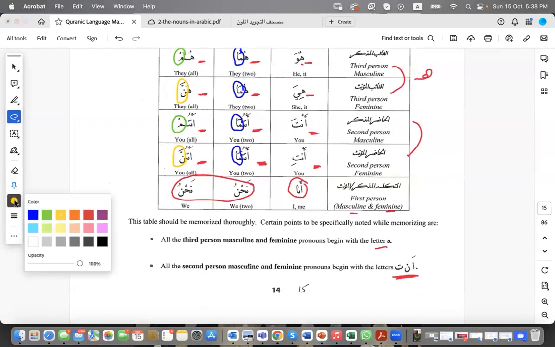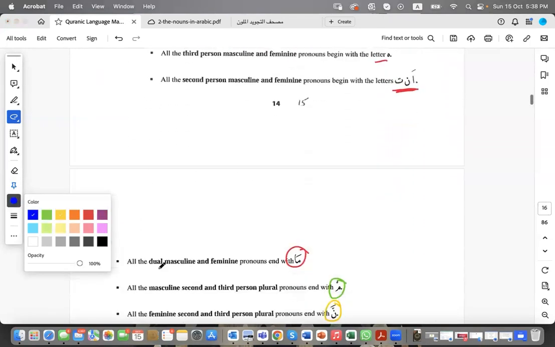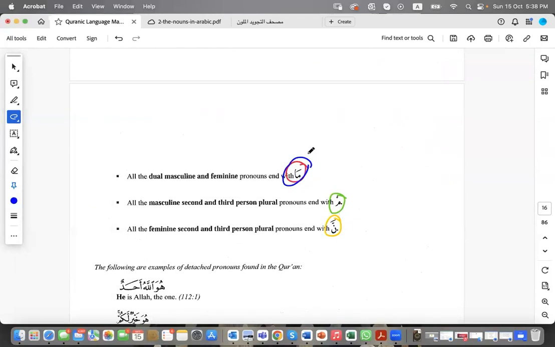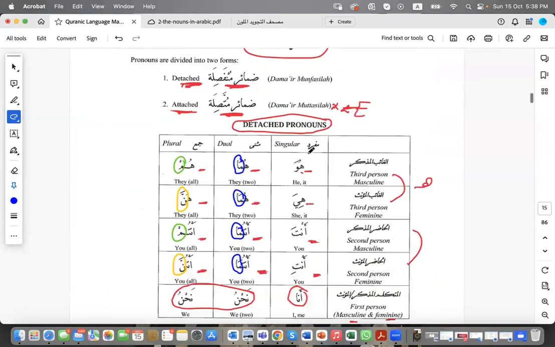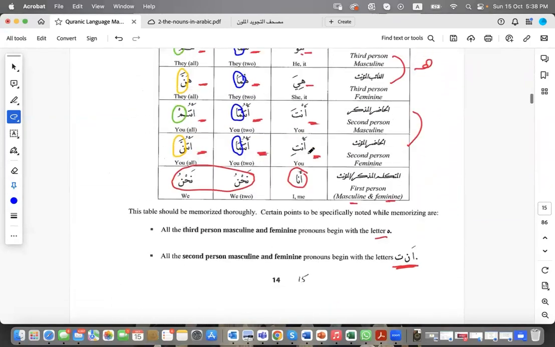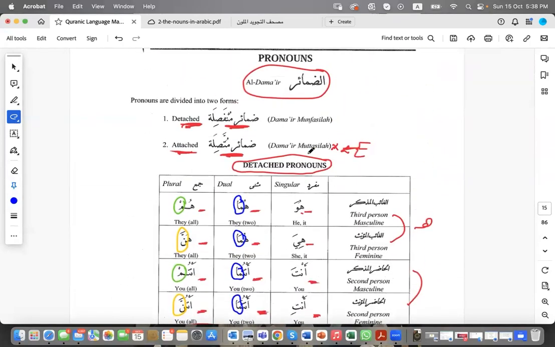So these tips are going to help you massively in memorizing these ones. And if you are being introduced for the first time to those detached pronouns, they might be confusing and not make sense and be hard to remember and all that. But please